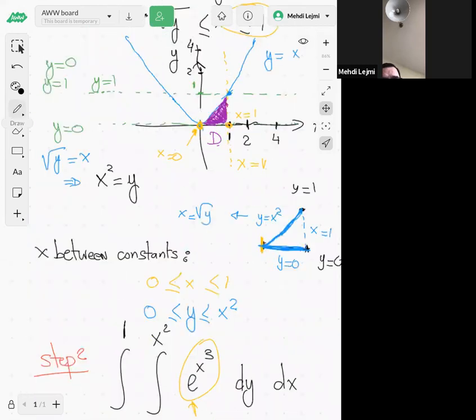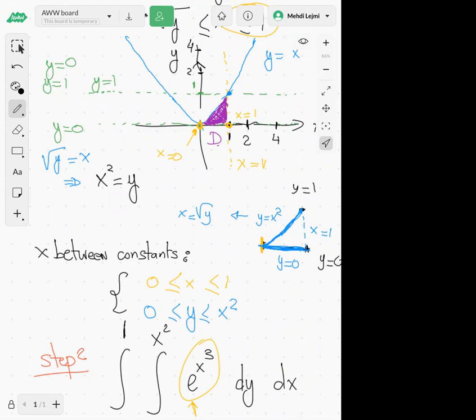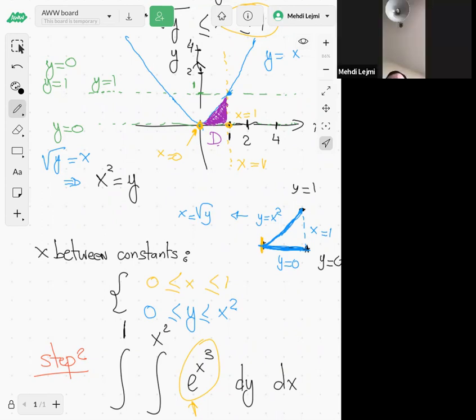So which is our case here, right? X between 2 constants, and then y between 2 functions. Is there any question, guys, about this problem 1? I mean, how do we change the order of integration? As I said, the best idea would be just sketch the region, and just be careful also. Sometimes it's not obvious, but